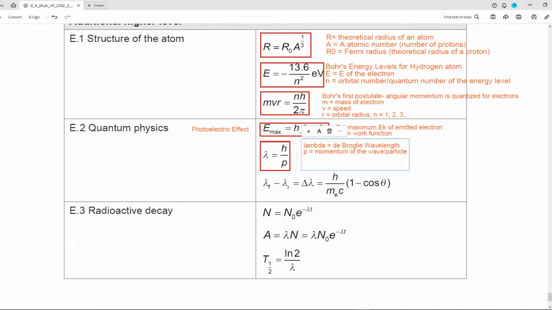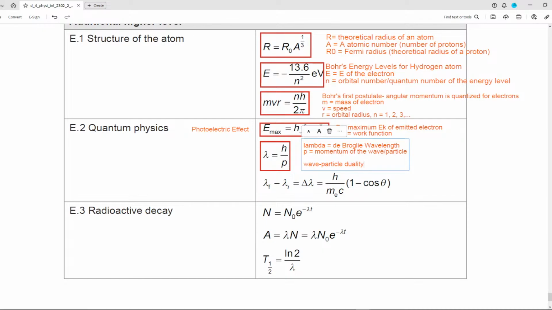Particles have wave-like properties, and waves have particle-like properties. So this is the wave-particle duality formula in a sense. It's not the only one, but this one links them together and is used quite often to understand how things work. Just know de Broglie actually used this idea to explain why electrons have certain levels,